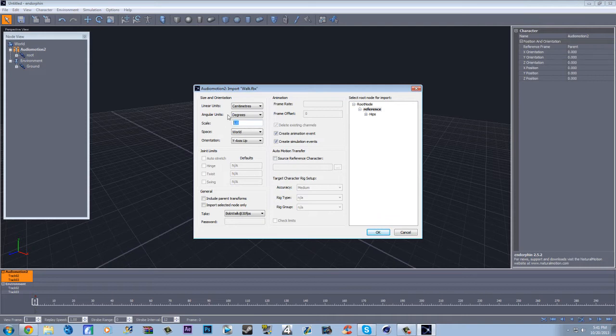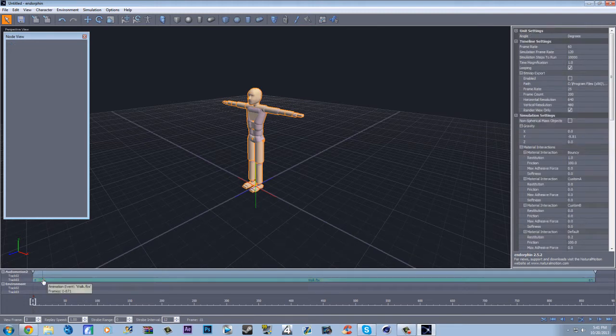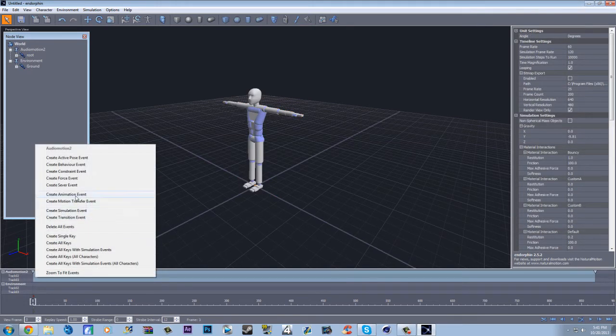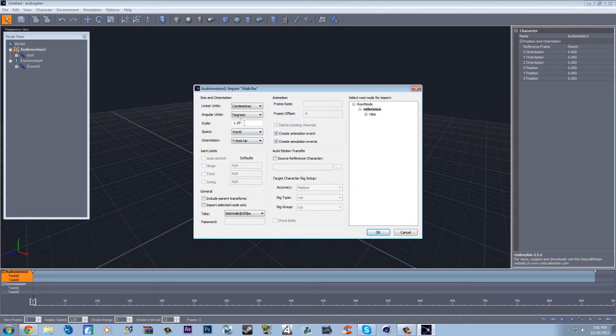Or actually, I'm gonna make my scale 1.5. Actually, you know what? 1.25. No. Okay. Well, I have to delete that. I messed up. Create animation event, walk. Okay, scale 1.25. But then after that you need to go to Auto Motion Transfer, click on the source reference